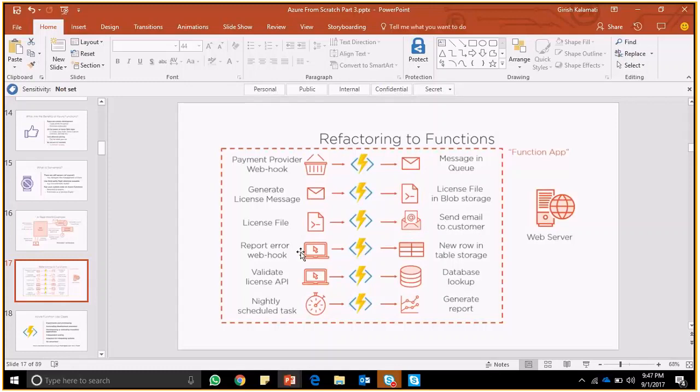And once that is done, you can report error webhook, if any issues happened. For example, if the call triggered from the client to the payment provider webhook fails, then those errors can be stored in your table storage, so that you can go through the logs and say which particular customer's request failed and why. So you can store such information, even errors as well, and you can validate your license API,